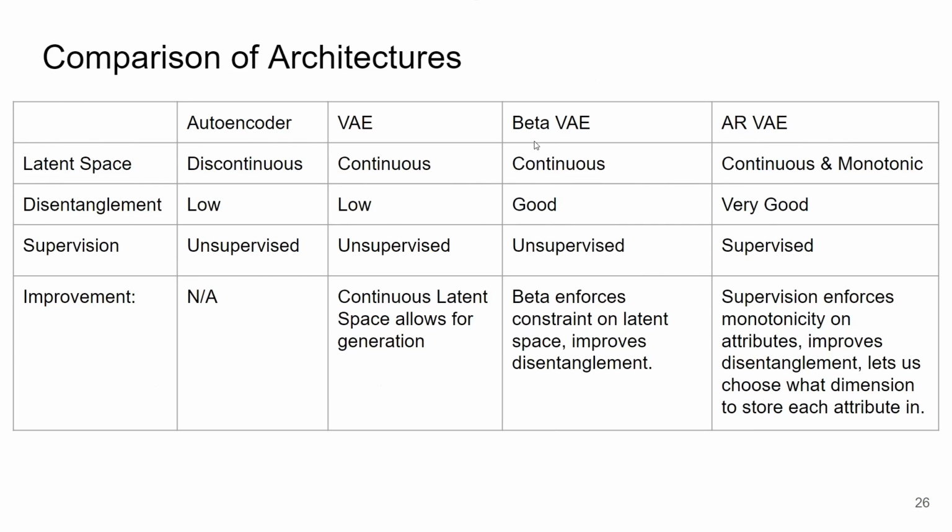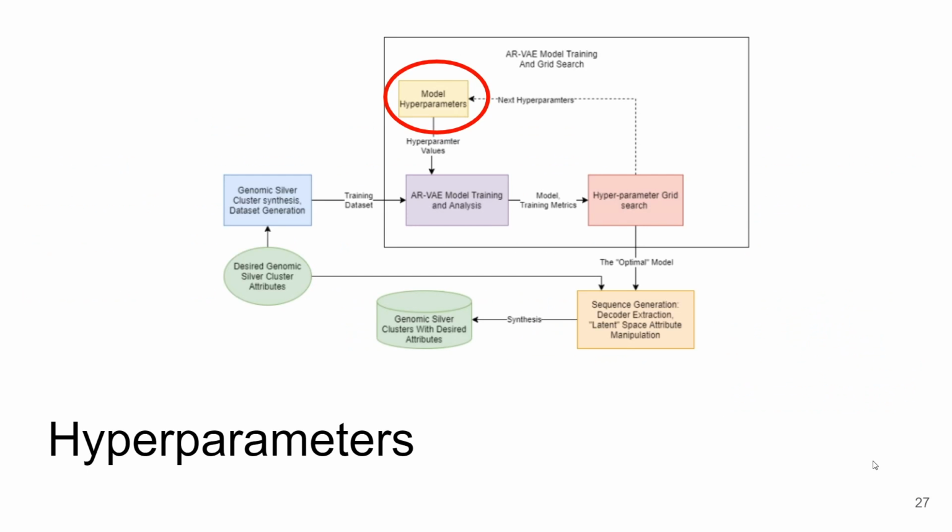Beta VAE: continuous, good disentanglement, unsupervised. It enforces the constraint on latent space, and this improves disentanglement. But then, finally, AR-VAE makes the latent space continuous and monotonic, and now we're able to actually supervise what dimensions we want the properties to be in and what their values are throughout it, right? So this basically lets us choose what dimension we want to store each attribute in, as well as what attributes actually end up being stored. So finally, that's the presentation on